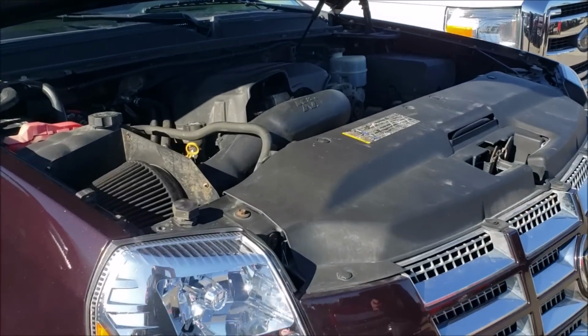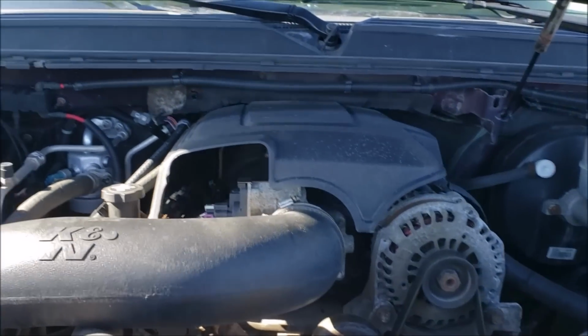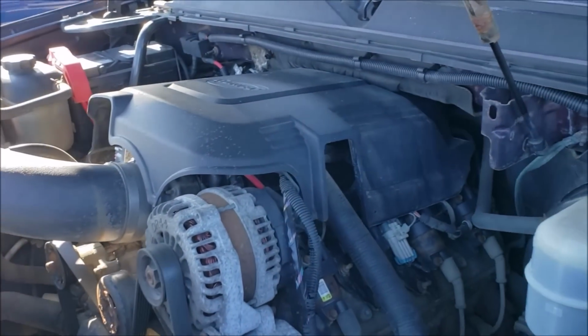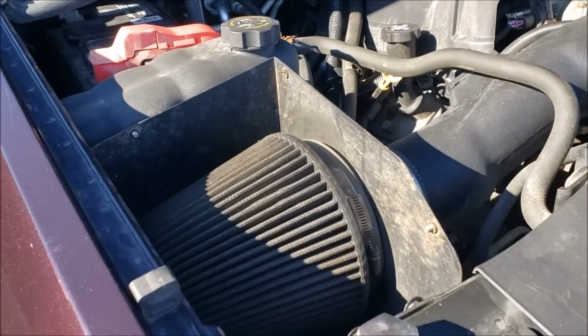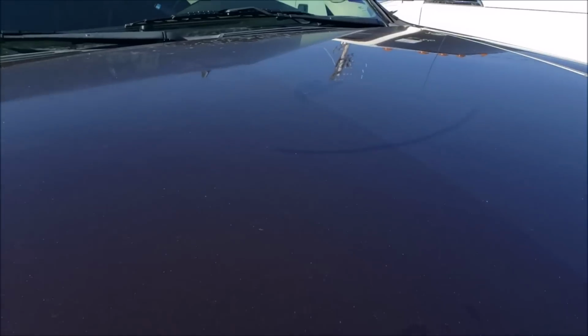So the way you can tell if it's an Escalade two-wheel drive or four-wheel drive, it doesn't have a four-wheel drive button because it's an automatic all-wheel drive system. The 6.2 came with four-wheel drive. The 5.3 came with two-wheel drive. And unfortunately, this guy removed the airbox, which is where it would say 5.3 or 6.2. So I'm going to scan the VIN and it'll tell me. But if you look at the hood,